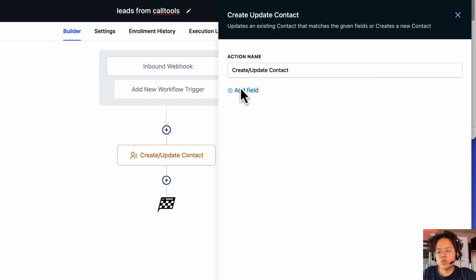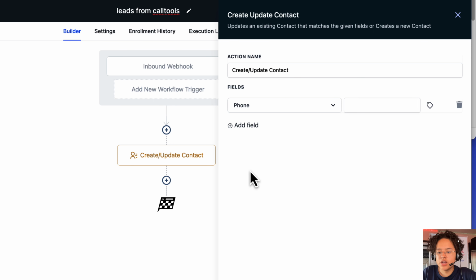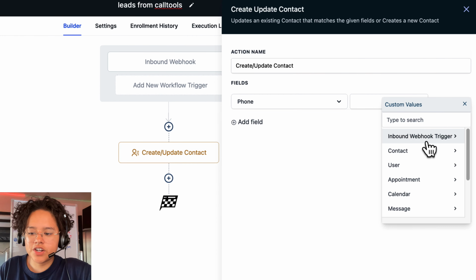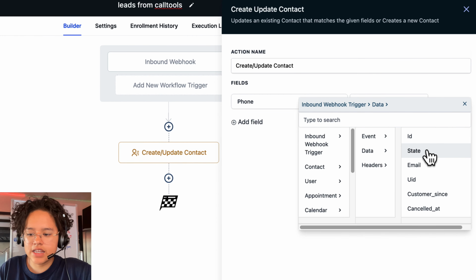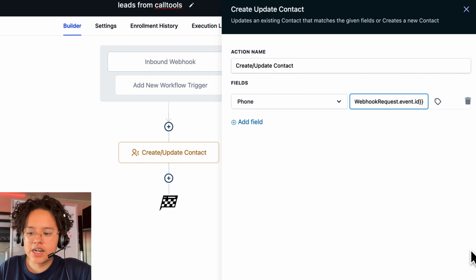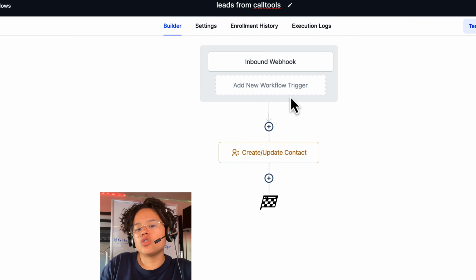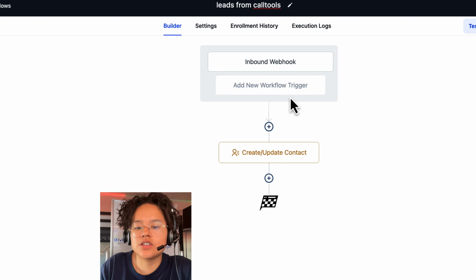And now we're going to go add field. And the only thing we need to map out is the phone number. Now remember guys, this is temporary. So we're going to come over here. We're going to select anything. So we're going to select inbound webhook, event, ID. This is just temporary. And now we're going to go ahead and save it. So we can now pause the video and we can come back once Calltools has let us know that the